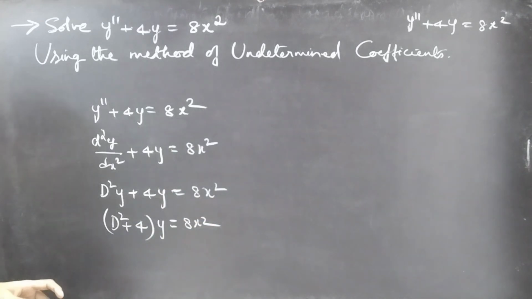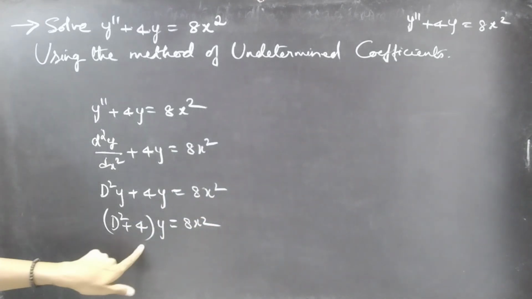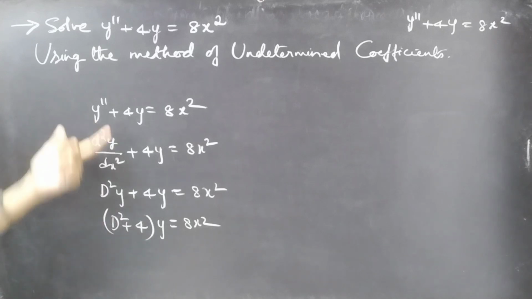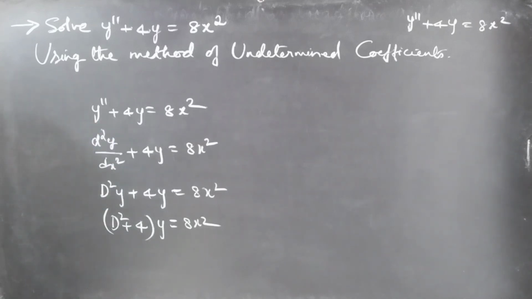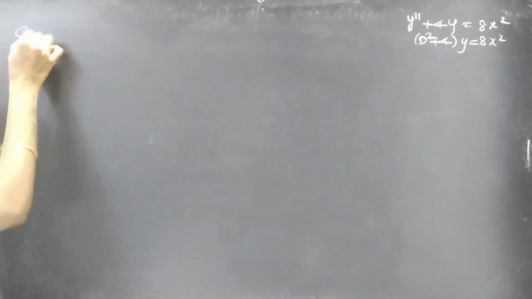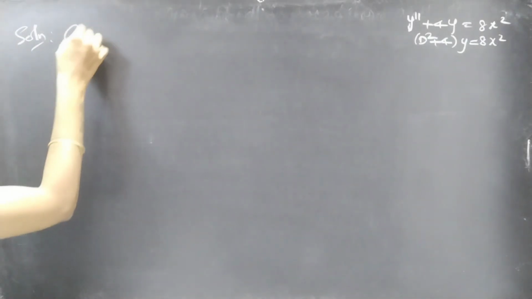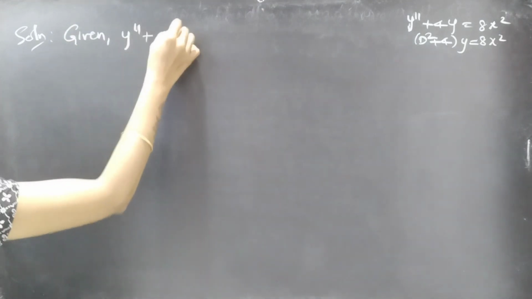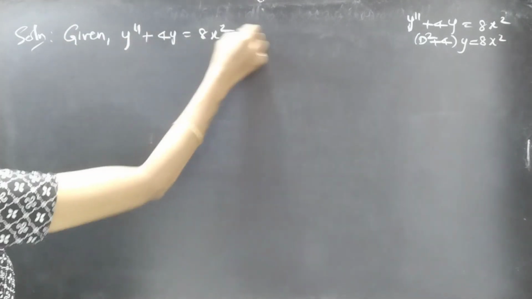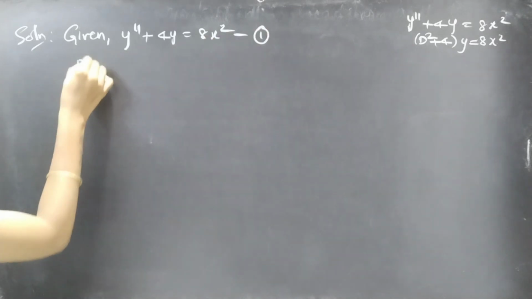So now we'll use the same equation in operator form also. Coming to the problem. Given y double dash plus 4y equal to 8x square, consider as equation 1, and we can also write this as